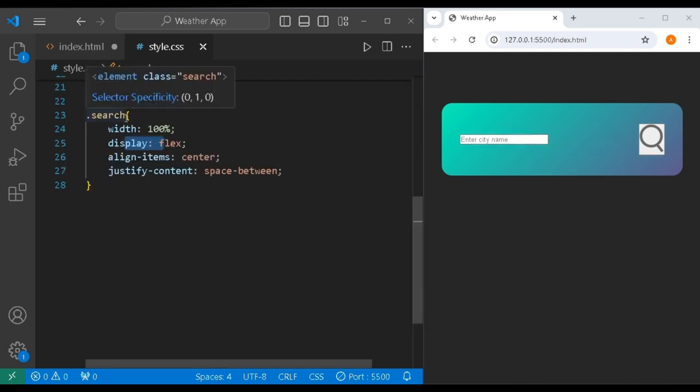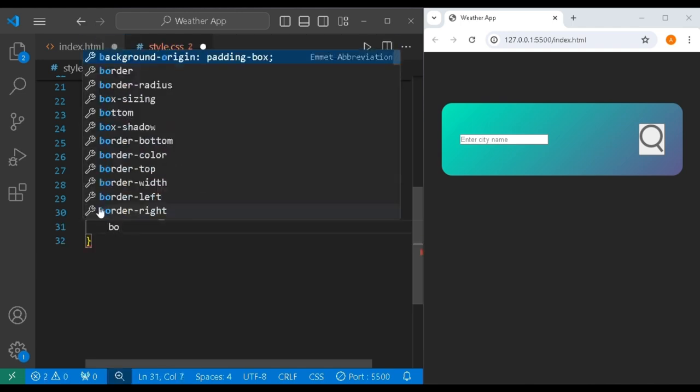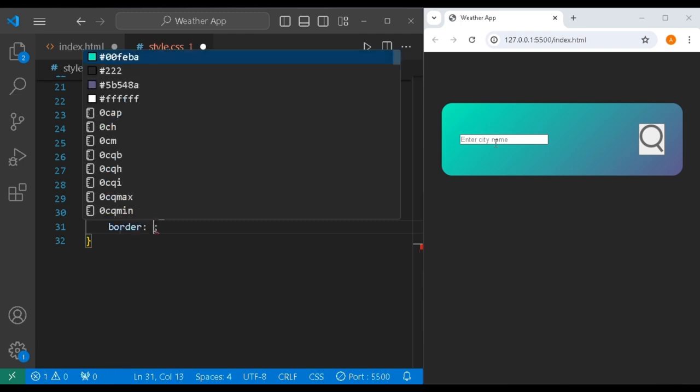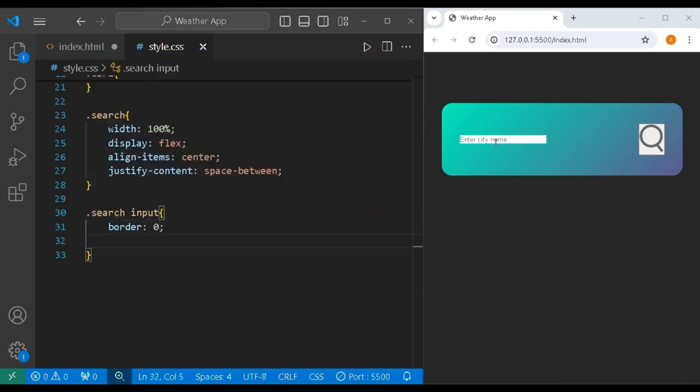After that we will use this same class search, and we are going to edit the input field. In class search we will target input. I am going to remove the border of this input field. For that I am going to set border to 0. So now you can see